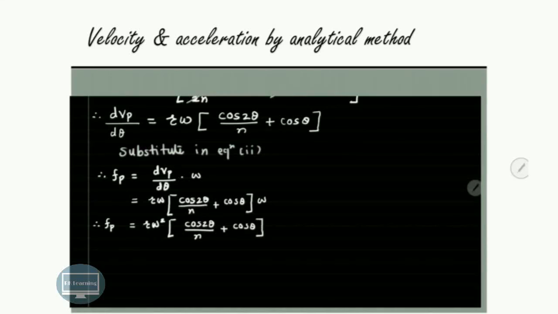So this is the expression for displacement, velocity and acceleration of the piston. So let us call this as equation 3. So using these equations we can find out the values of